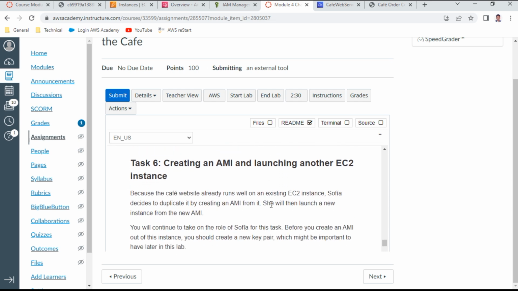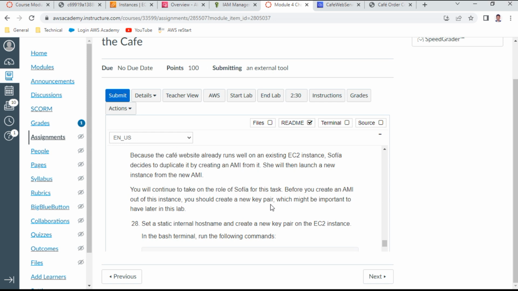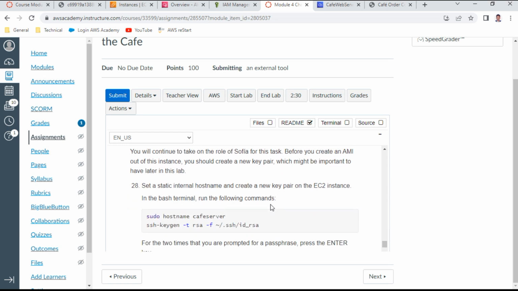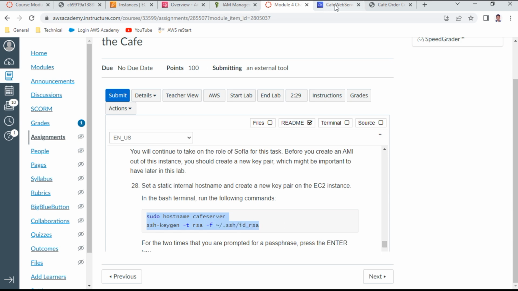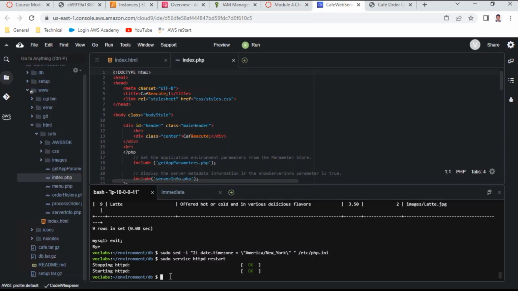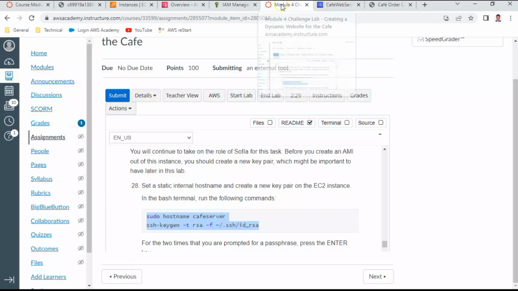So task number 6 is creating an AMI and launching in another instance. So now the instance is ready. Set a static internal, create a new key pair. To the EC2 instance, we will continue to take up this role. What I do, I just copy this one into this Café. See this one. Host name,